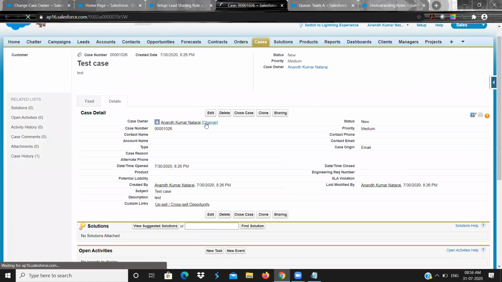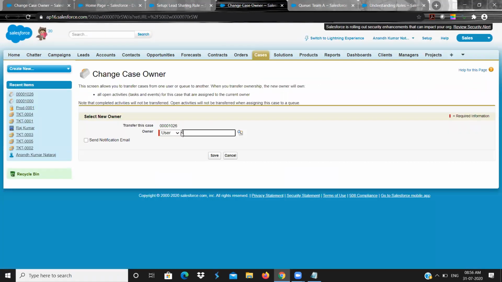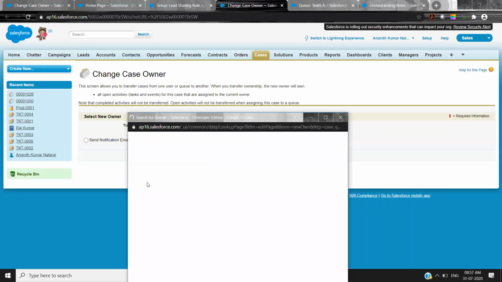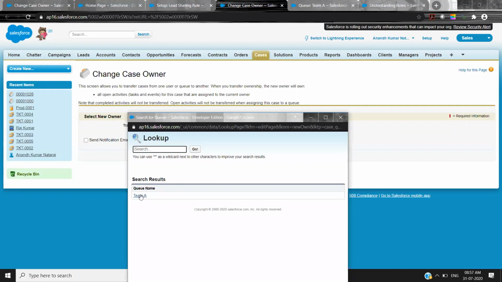So what happens is, if I wanted to assign the case, then I can see only the queue, that is the owner. Whenever the concept of ownership comes, you will see only the queue. Whenever the concept of sharing, whenever the concept of security comes, you will see only the group. Okay, so that is a very important thing that you should know. In interviews also they will be asking.